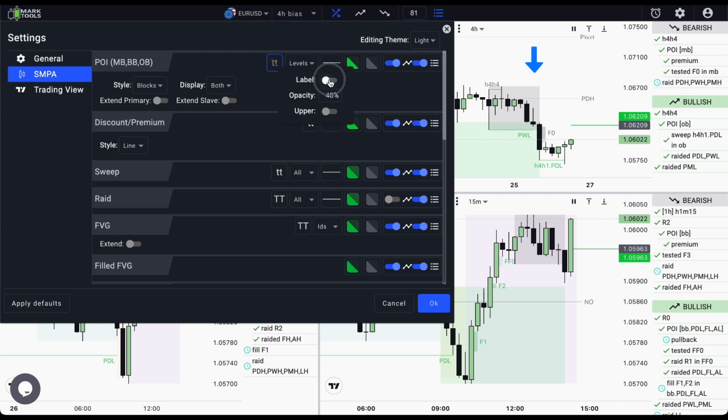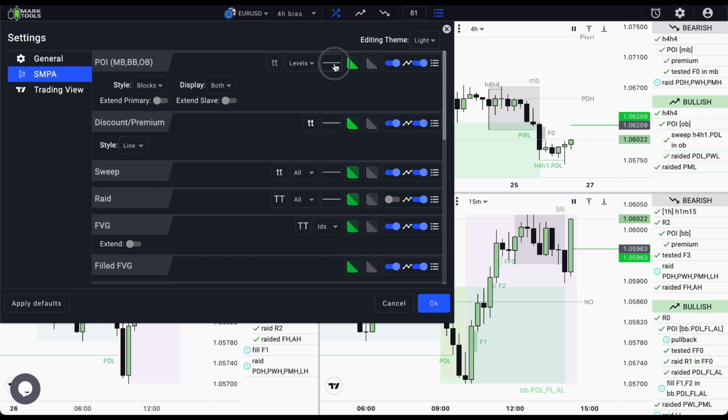The label toggle turns on or turns off the displaying labels. The opacity field sets the transparency of the label. The upper toggle makes the label to be either uppercase or lowercase. The second option is label information. This option has a specific variety of values for each tool, and it says what type of information is to show in the label. We will explain those values while we are describing a particular tool.